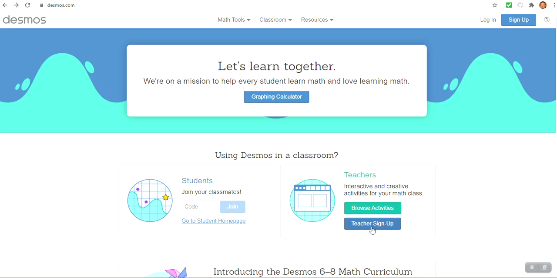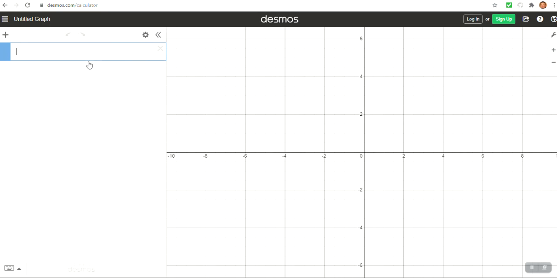I wanted to share with you something I learned this week, which is performing linear and quadratic regressions using the web-based Desmos.com. So navigate to Desmos.com and click the graphing calculator button in the top center. You'll be met with a blank graph. You have to push the plus button to enter the table of values that you wish to perform a scatter